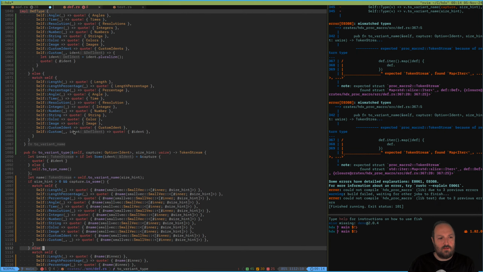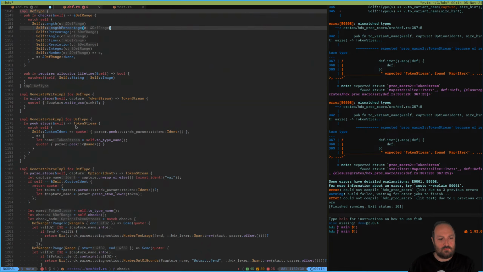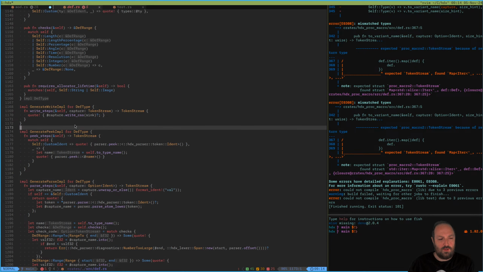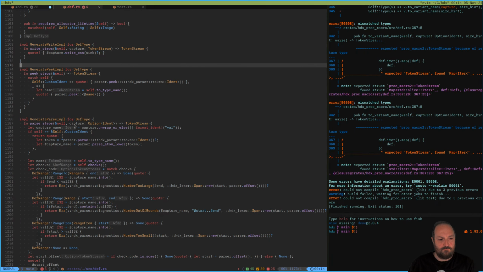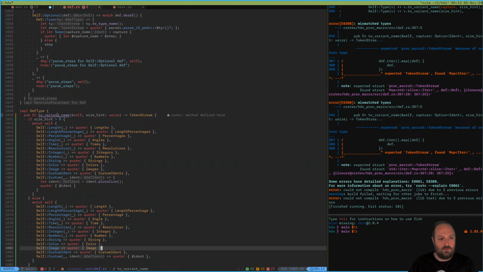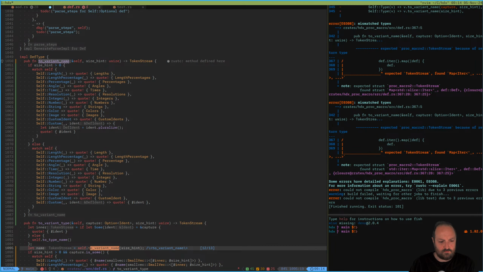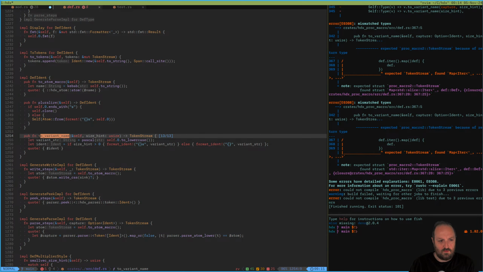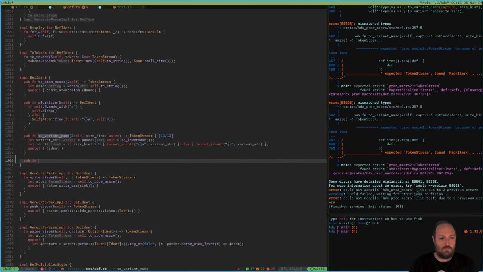So with this, everywhere that we implement variant name now, like in def ident, pub fn to variant type self, size hint size